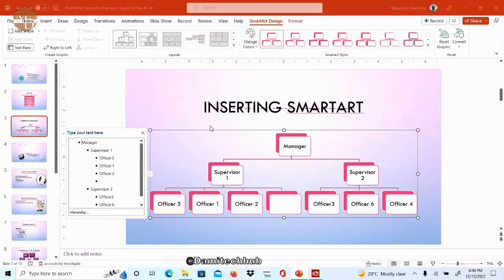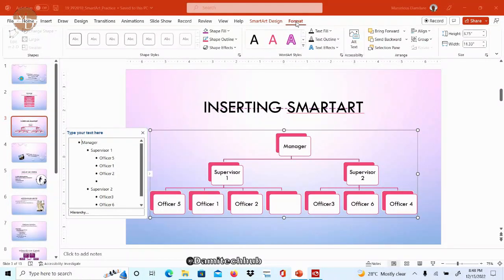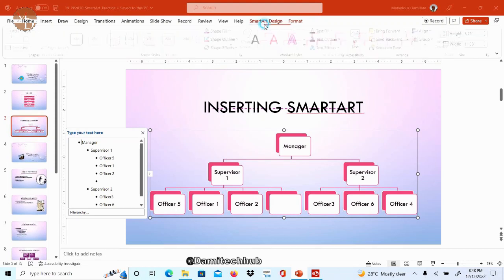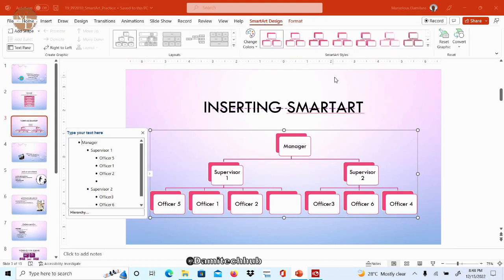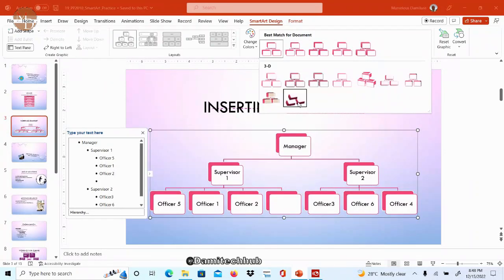So to change the style of your SmartArt, beside the design, you will see a tab called format. You see format. Okay, to change the style of your SmartArt, simply look towards the right hand side and pick this, the SmartArt styles. So you can click the down arrow to show you all the available styles. We have best match for what you want,